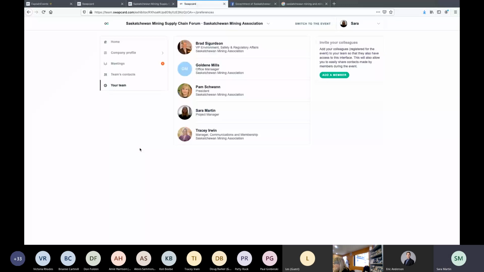So that is how you add a team member. Once again, it's important to know that only those who have paid for a ticket will be uploaded to Swapcard, and you'll be able to add them to your booth as a team member. So once you've added your team members, you will see that you'll be able to